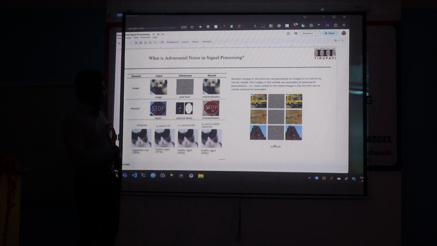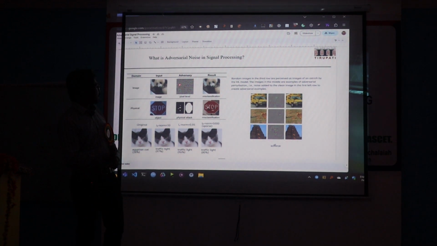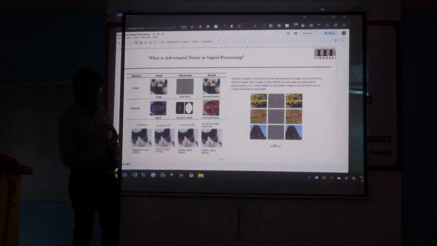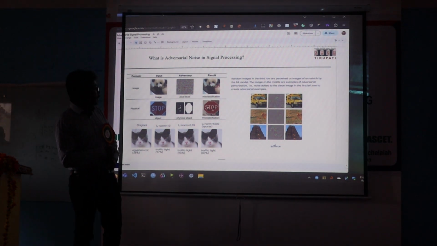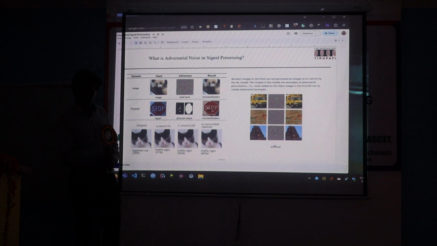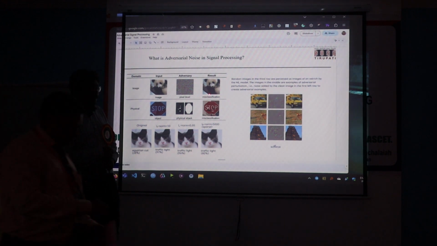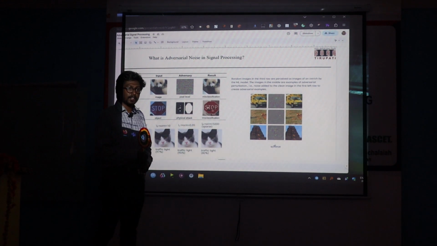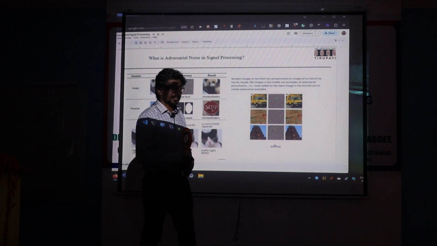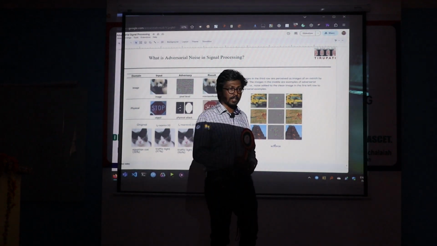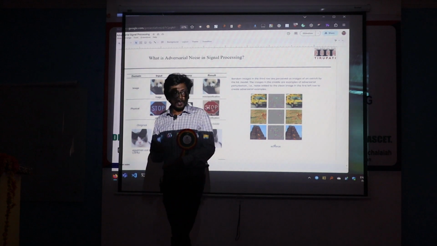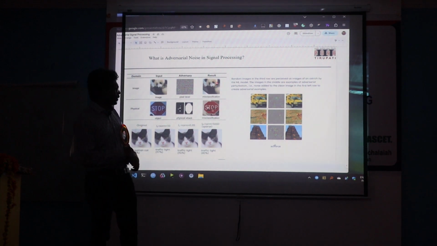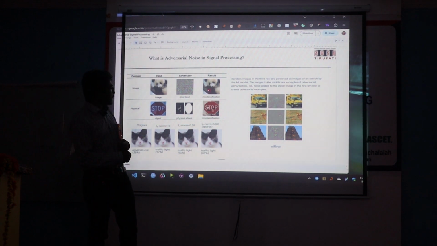And this was identified in 2017, where this noise, when multiplied with this image, the image still looked like this, but the result came out as a dog. The result came out as a sofa. The result came out as completely different, even though for the human eye, it looked like a panda.